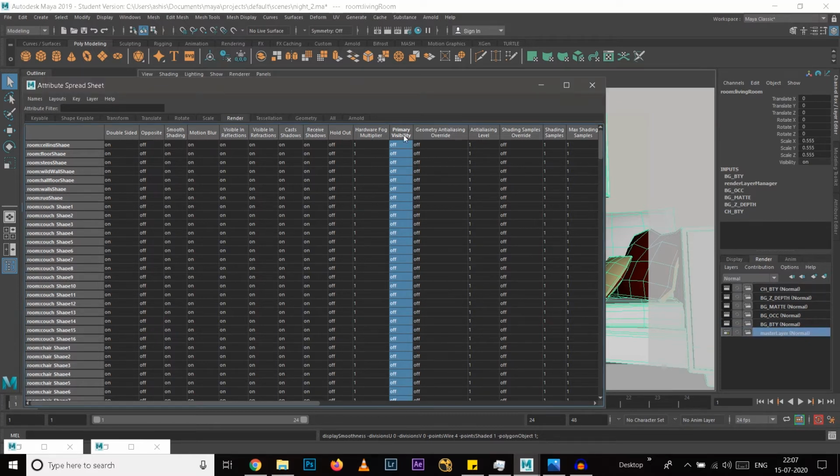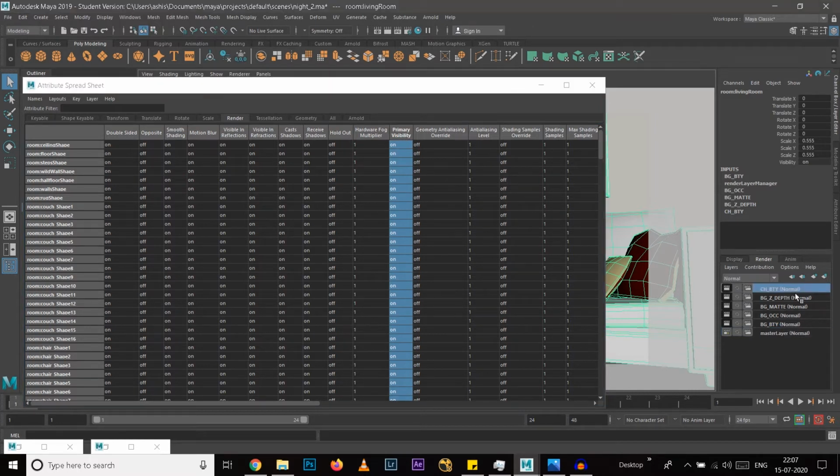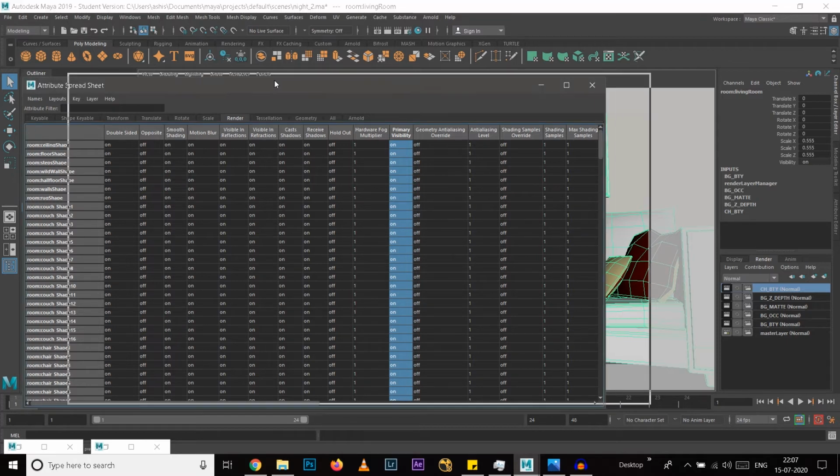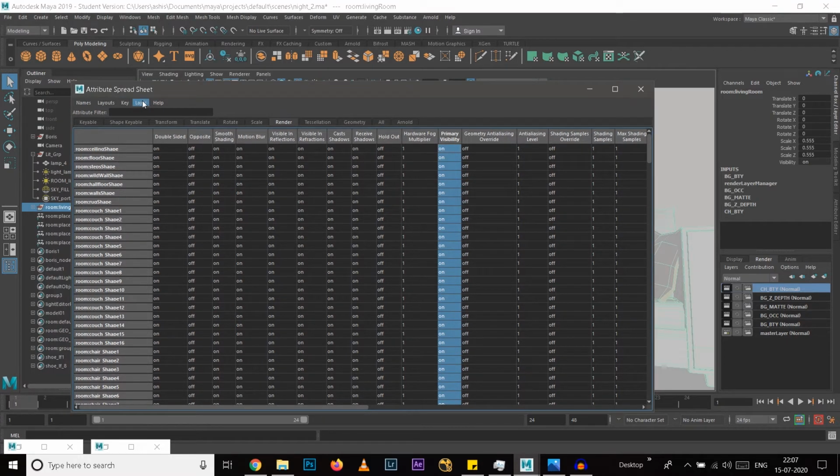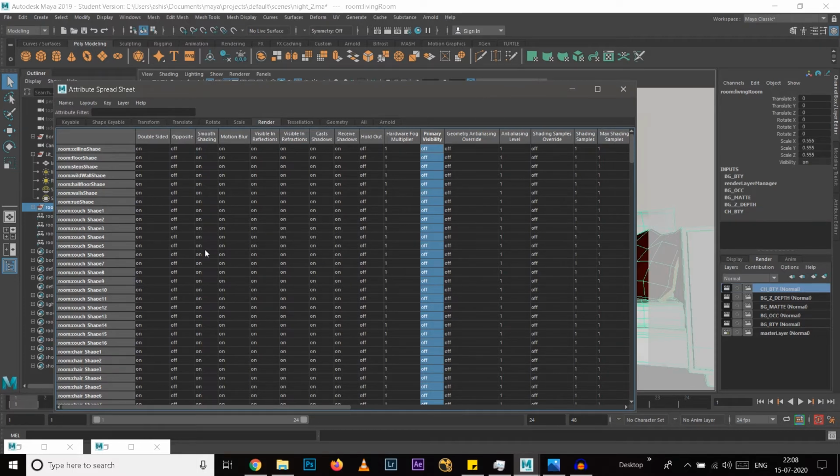What we want is that it should only happen in this particular layer. For that, what we need to do is go to master layer and keep it one only, that is on, and just go to this particular character beauty layer and go to this menu layer, create layer override, click on the create layer override, and then come to this primary visibility tab, click here and press 0 and press enter. So what will happen, that now the primary visibility of all those objects in the background will be off in particularly this layer, not any other layer.